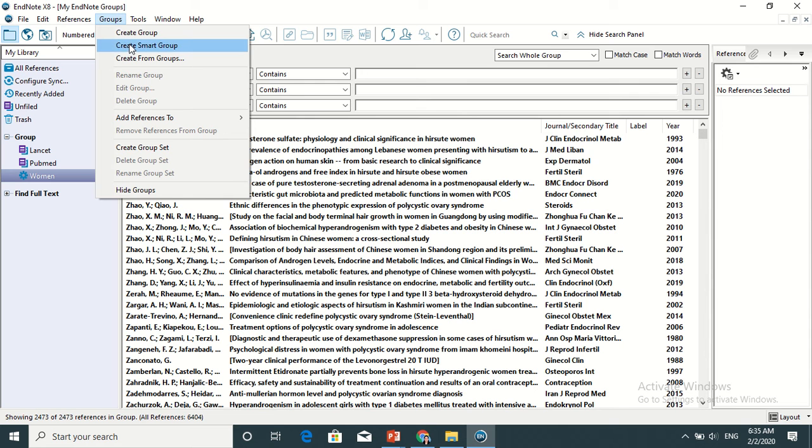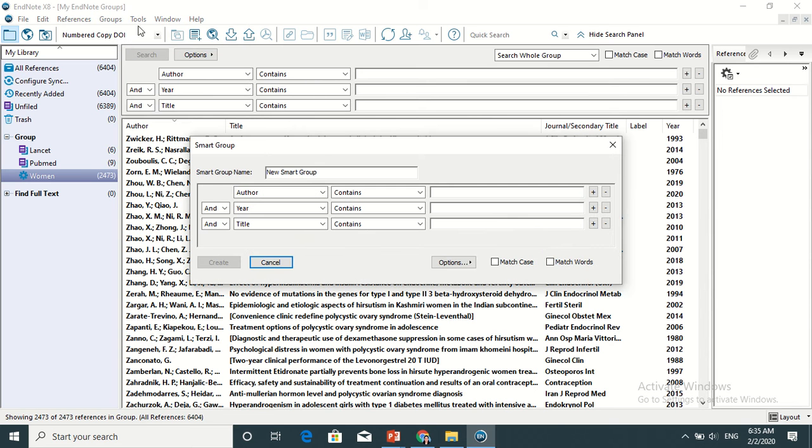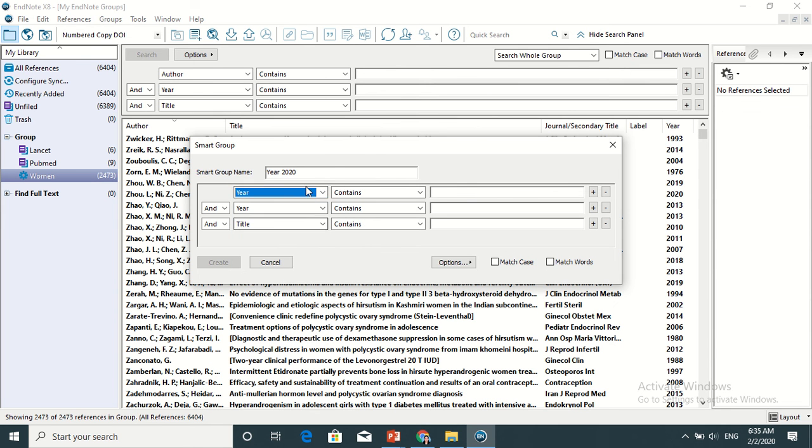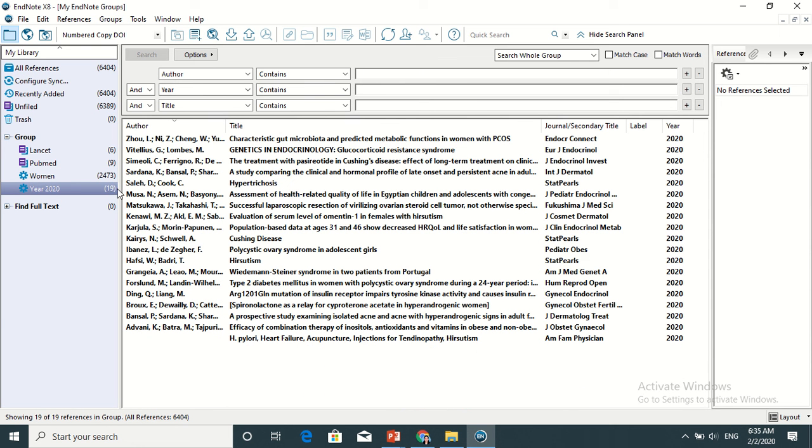I'm also interested to check the papers of 2020, so I create another smart group with the name year 2020. From here I select year that contains 2020 and then create. So I come to know that overall from 404 references only 19 papers are